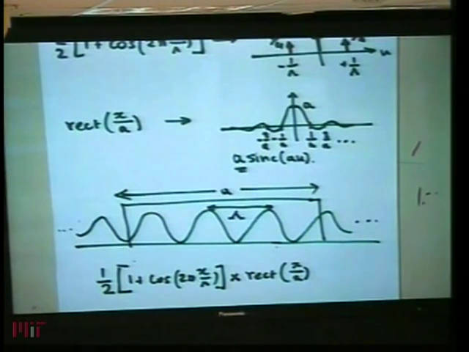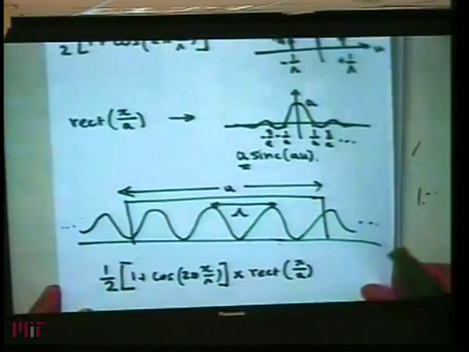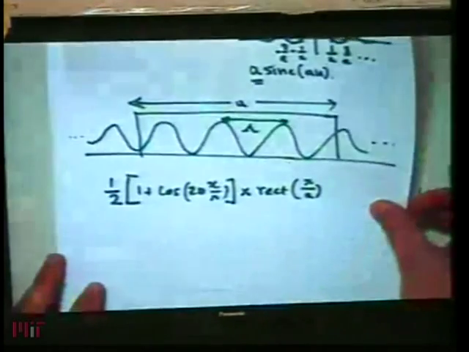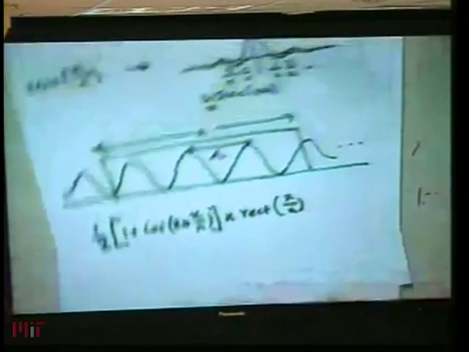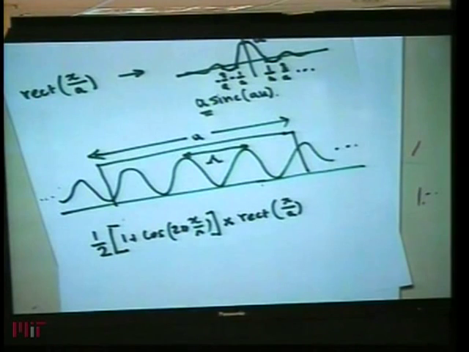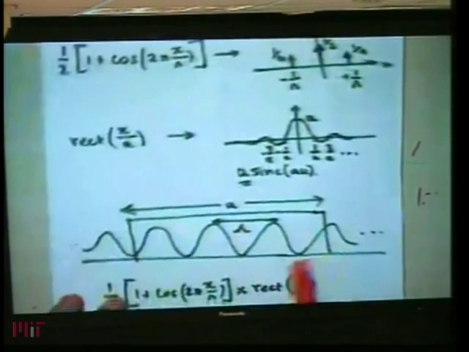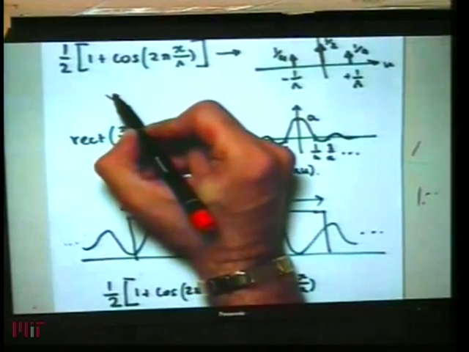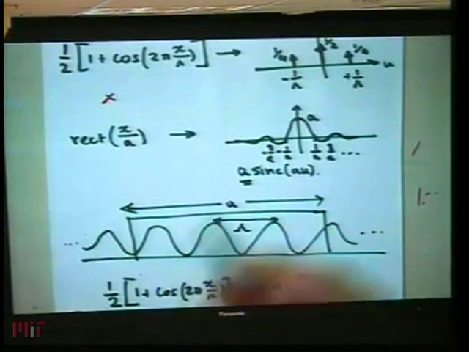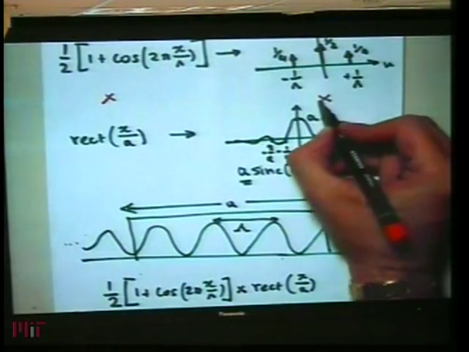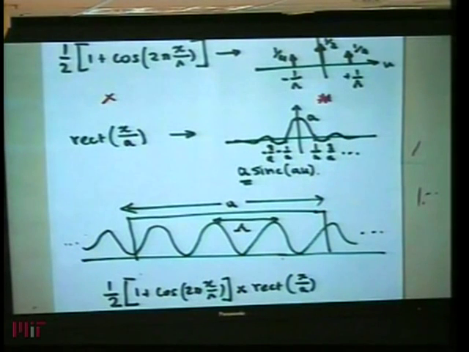We would have to do a lot of changes of variable and so on. However, by virtue of the convolution theorem, because this is a product, this Fourier transform will be a convolution. So basically what we have to do, when we multiply these 2 results in this domain, we have to convolve them, okay?